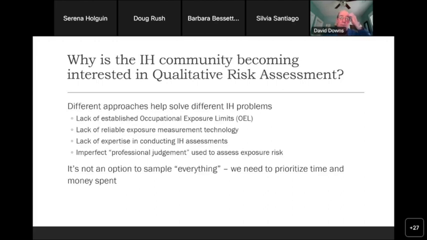And of course, one of the things we always use in making these assessments is professional judgment. I know that there have been some studies looking at how accurate our professional judgment is, and quite frankly, it's not what it should be. And so we may need to supplement our professional judgment by using a more definitive tool to help us categorize and quantify the risks that we're assessing.